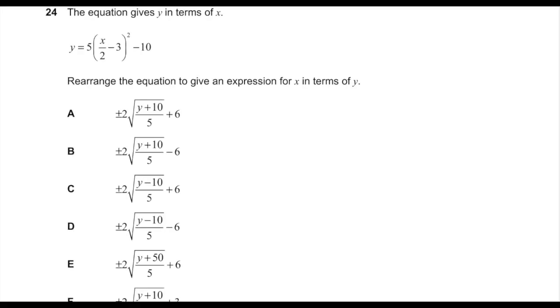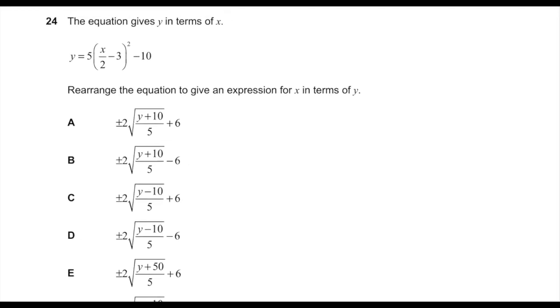Question number 24. The equation gives y in terms of x. y is equal to 5, open brackets, x over 2 minus 3, close bracket, squared, minus 10. Rearrange the equation to give an expression of x in terms of y. This, quite frankly, is a very straightforward rearranging of the equation, but I'll do it anyway. So I'm going to add 10 on both sides,